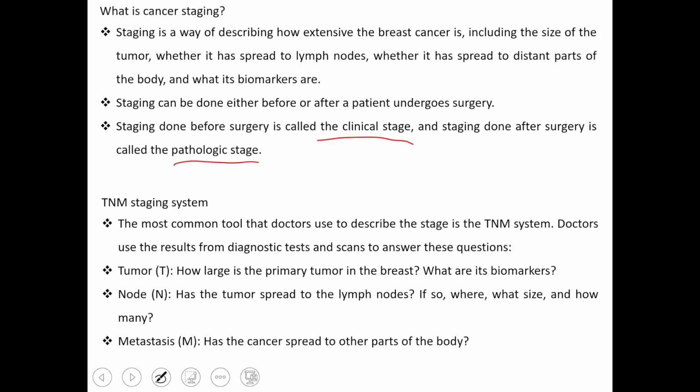So clinical means OPD, where before the analysis he will check your history of the disease and everything, and clinical analysis will be done. That will be called the clinical stage, and after that in surgery, he will take some tissues or